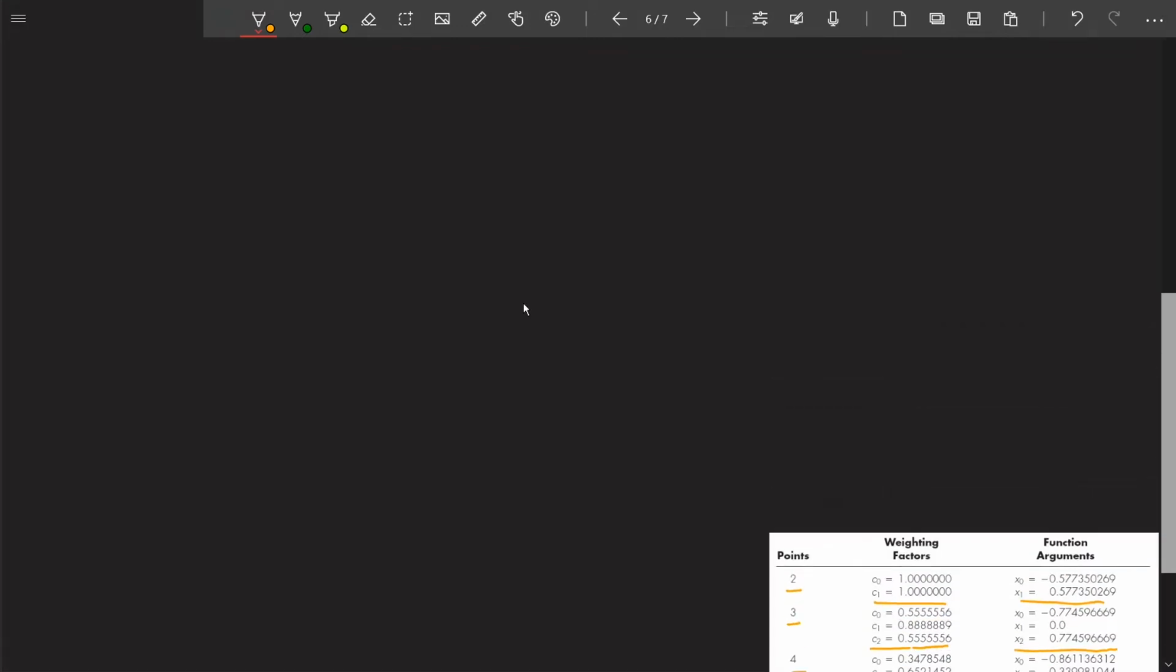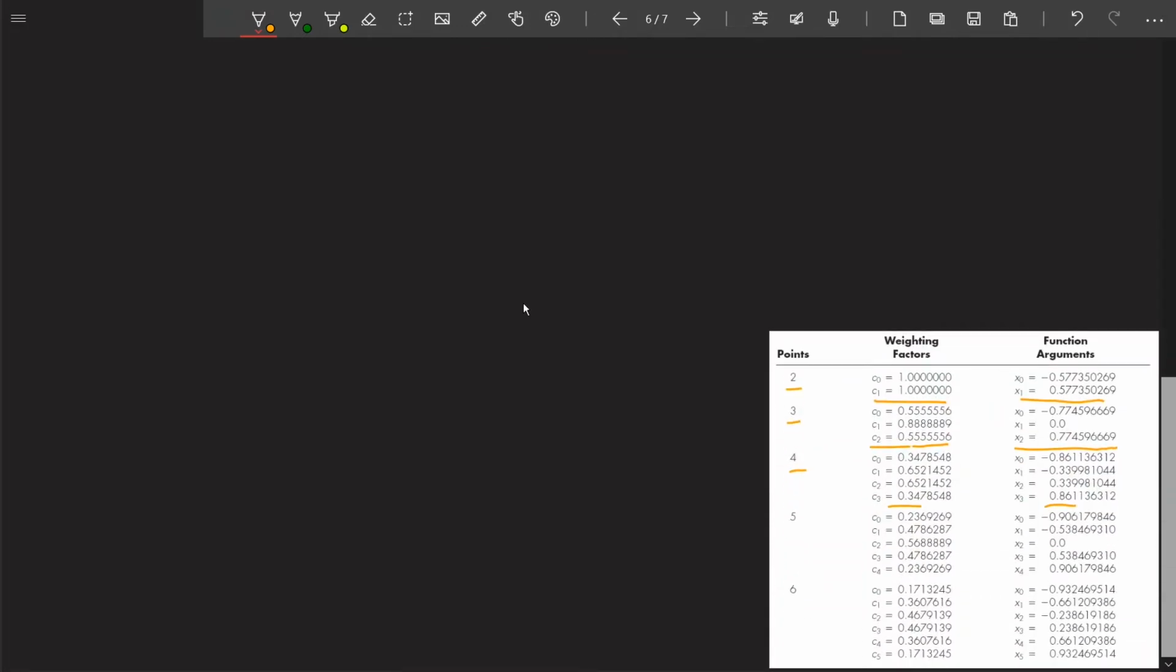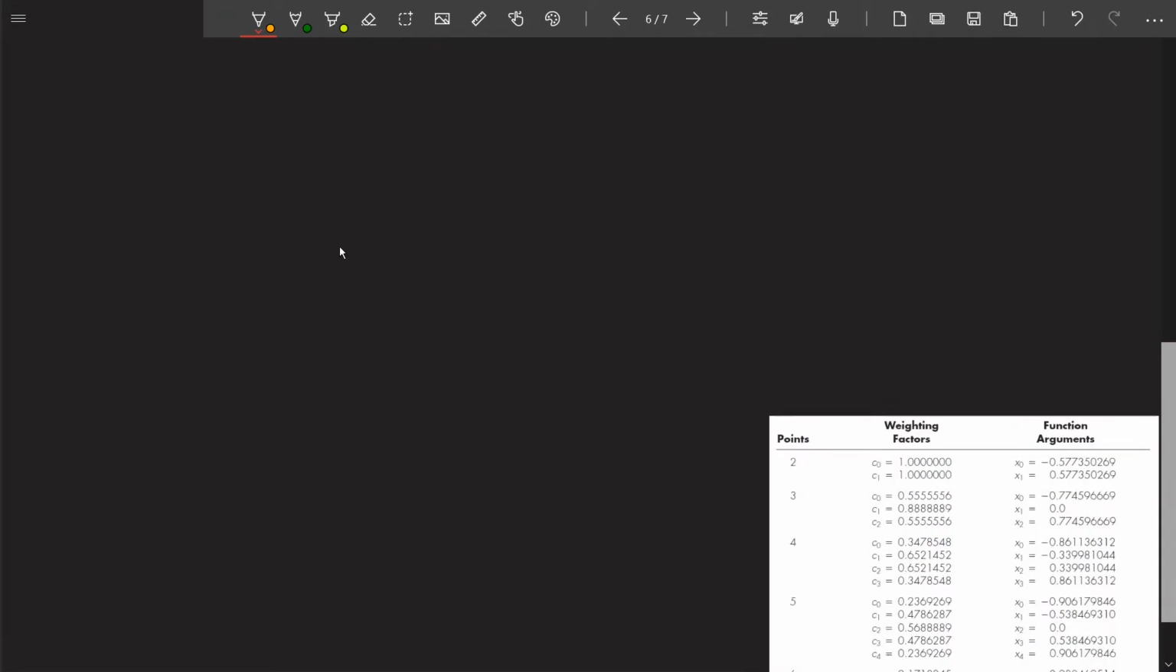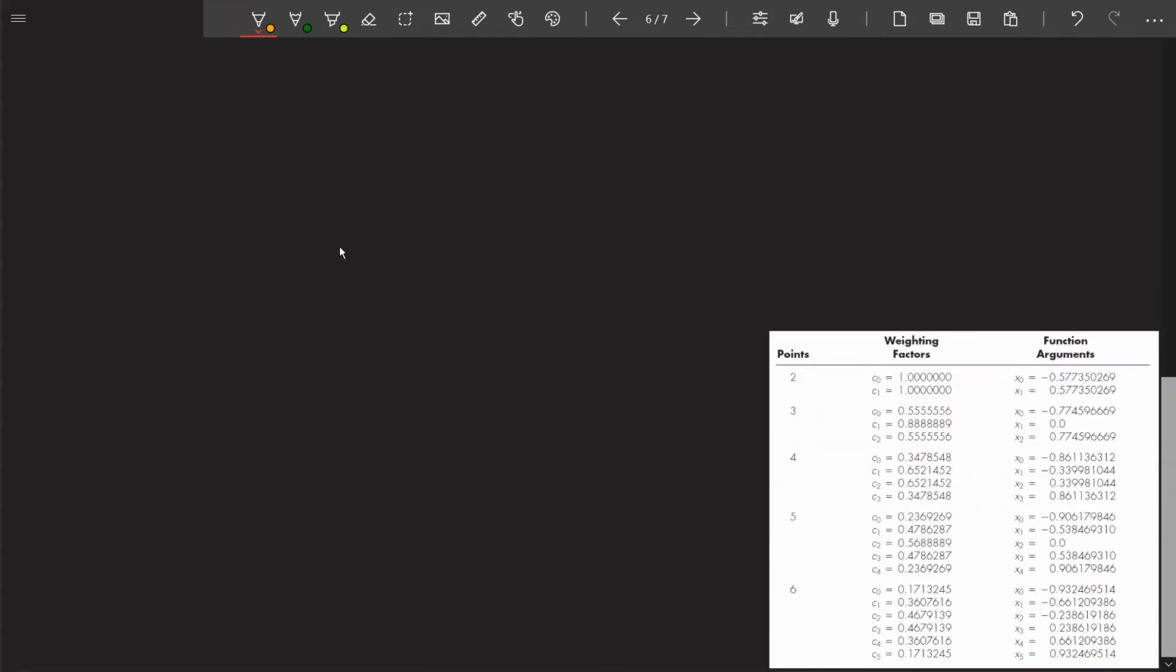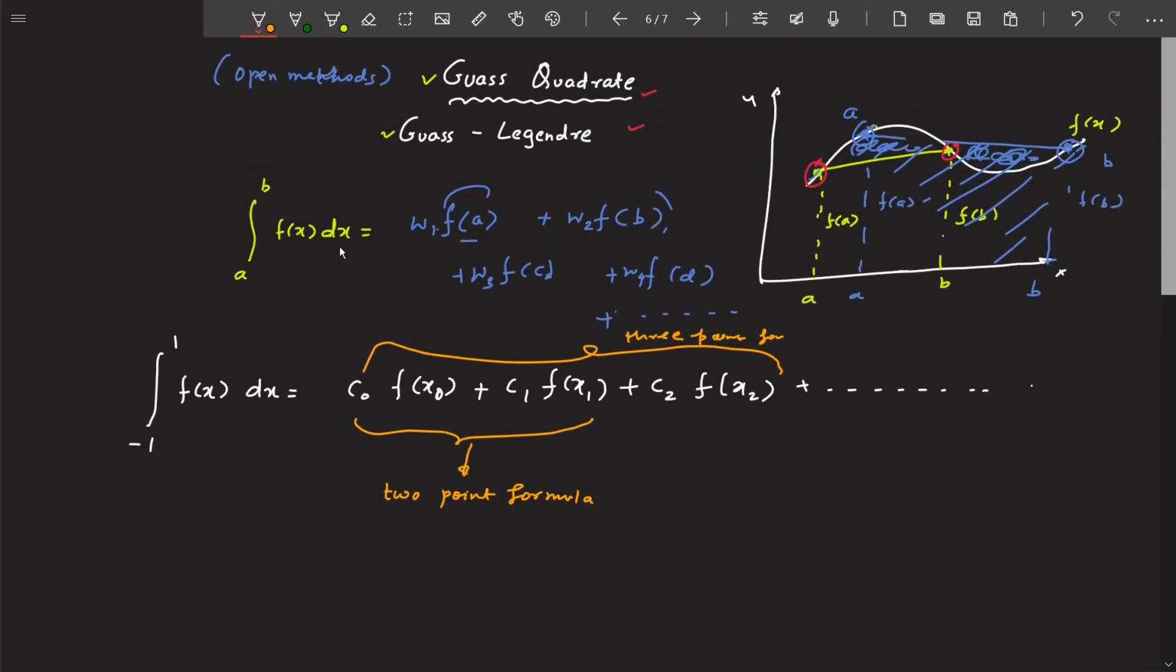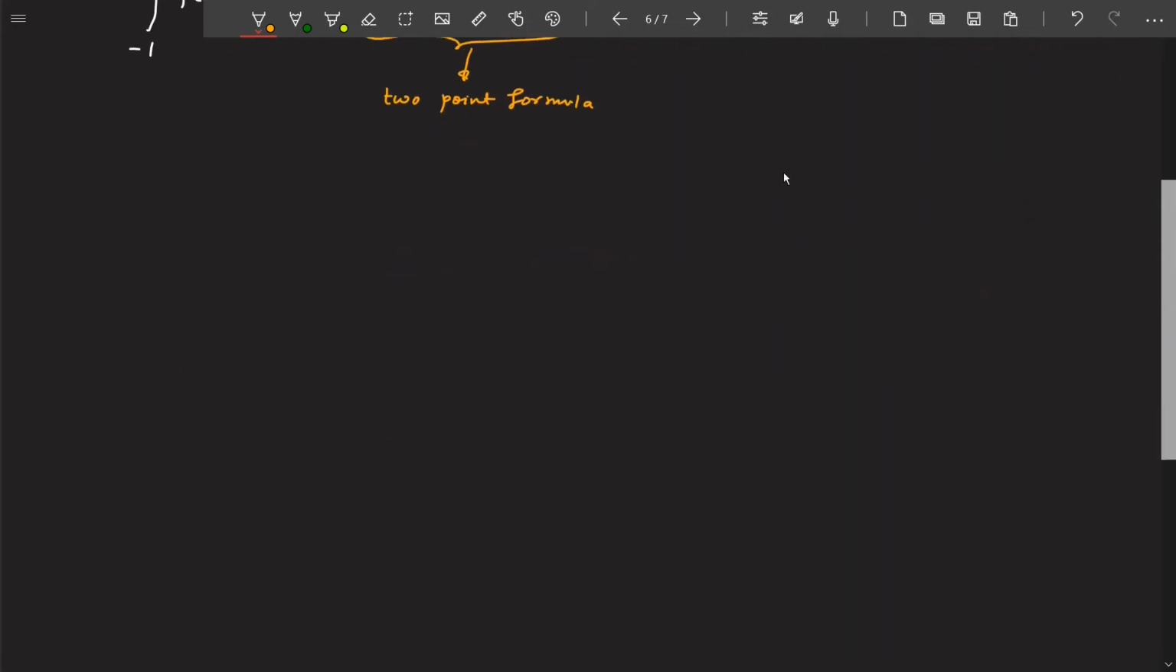Okay, and to keep things simple, we are going to take the same formula, the same problem that we did for the trapezoidal method, so that we will be in a position to compare both these methods. I hope you guys have understood what I'm trying to say. Okay, so let us write down